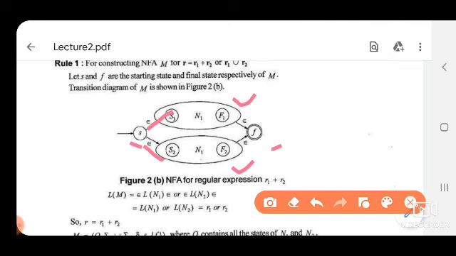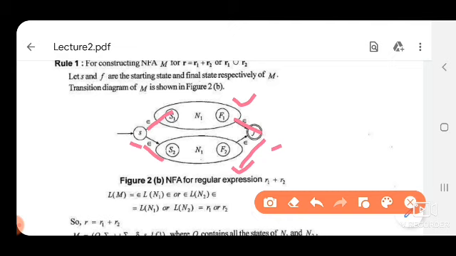So we can reach either of the NFAs, N1 or N2, from S, and at last we join the final states of these two NFAs with a combined final state F. There is a transition from the final state of N1 to F and a transition from the final state of N2 to F. In this way we can draw the NFA for R1 plus R2.